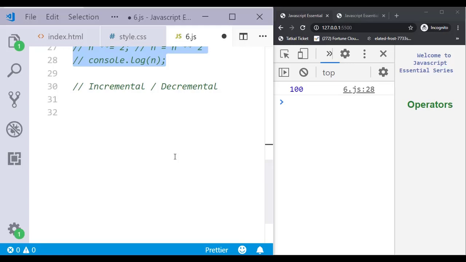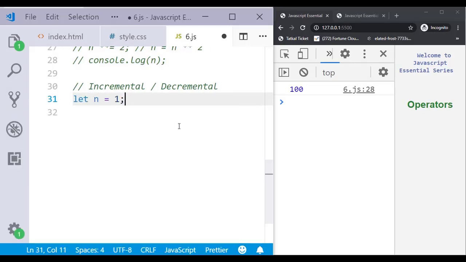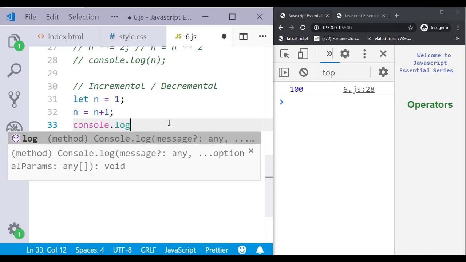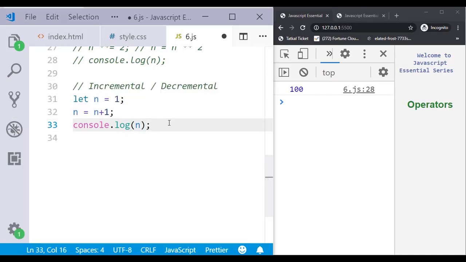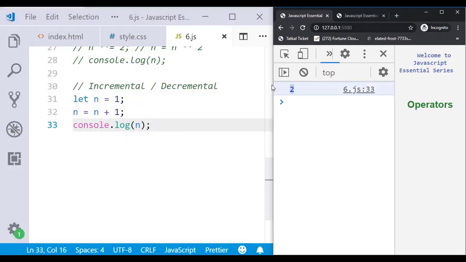In the incremental and decremental, suppose let n equal to 1, and I want to increment by 1. So generally what you do, n equal to n plus 1, and then we do console.log n. It will get incremented by 1, so we will get the output 2.